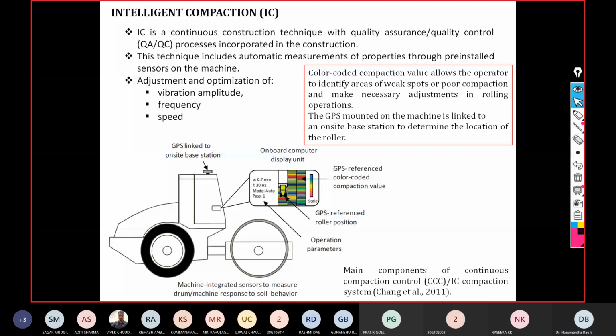Sir, this is very similar to compaction. Yeah sir, your voice is breaking a lot. We are unable to understand what you are saying. Okay. What shall I do? Okay, let me wait for a minute.